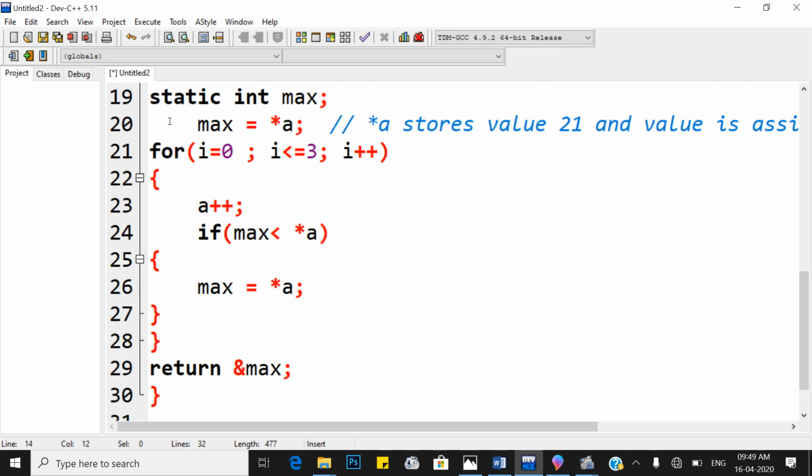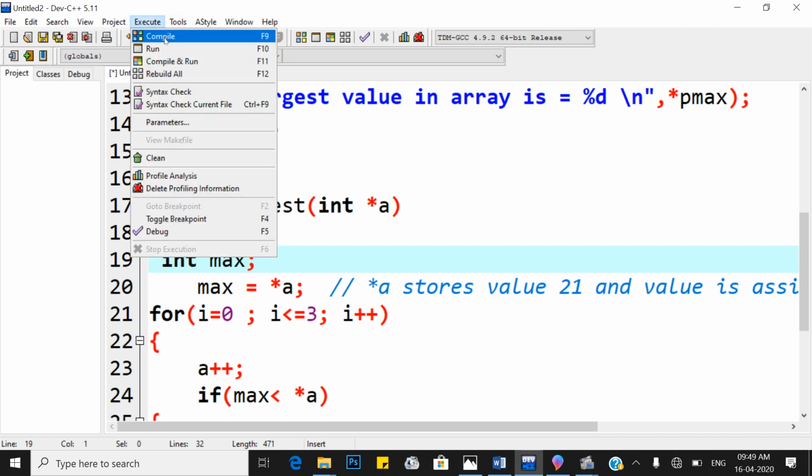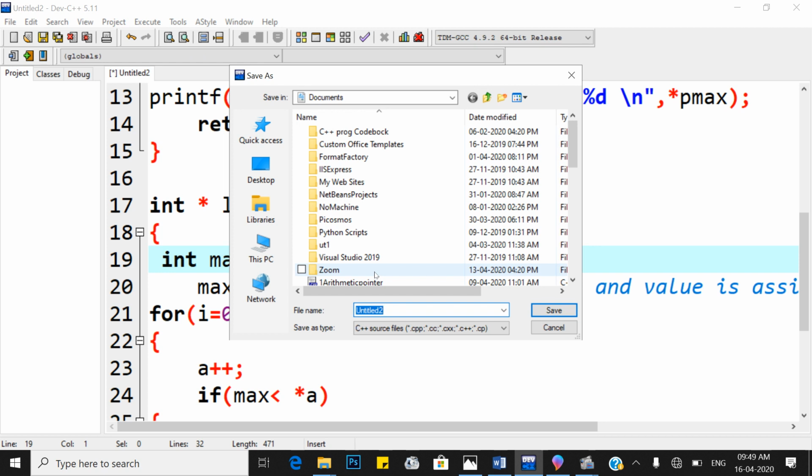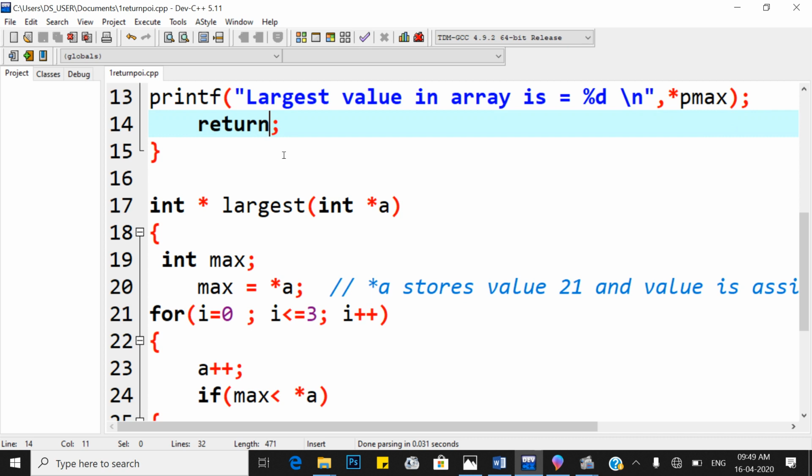So first remove this static and check what error occurs or whether it gives any warning. So compile it. One return point, save it. Okay, after that we have to return 0.